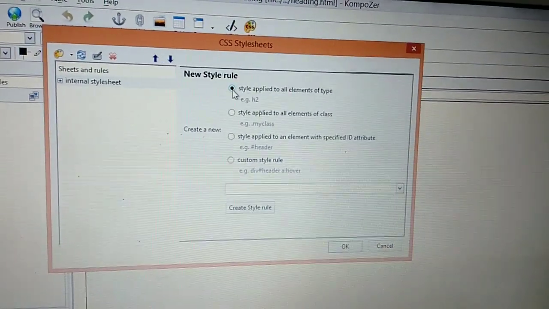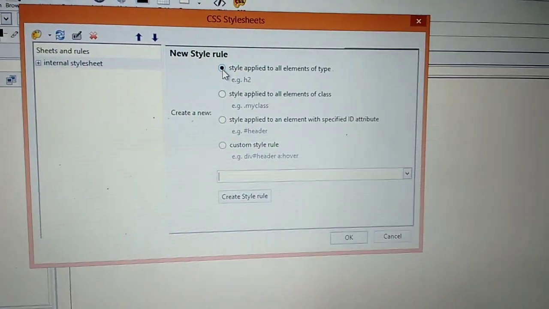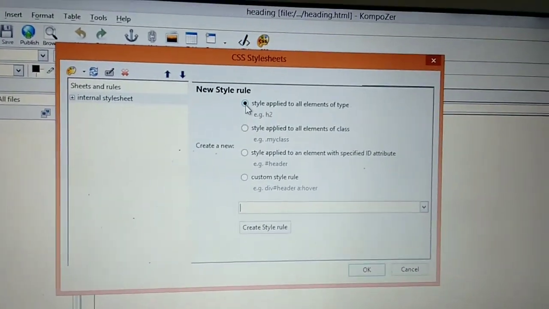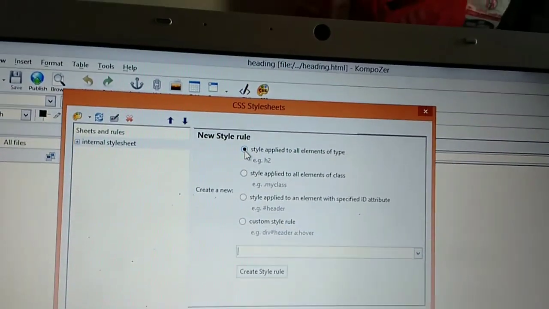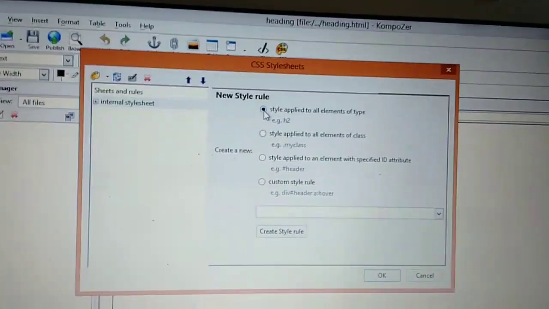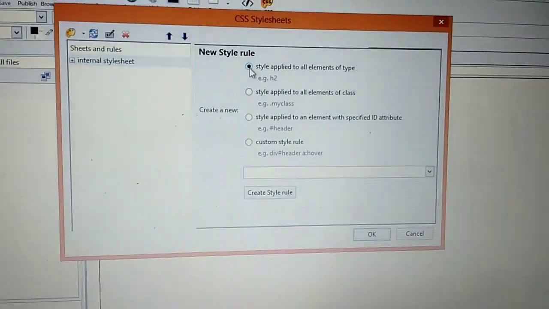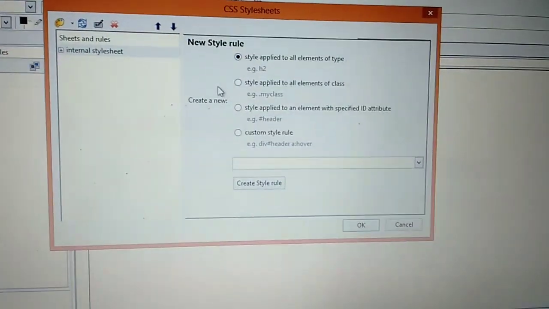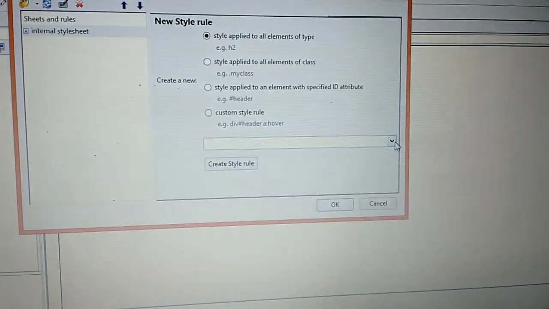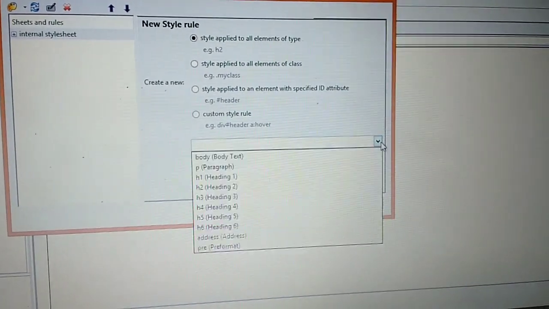Now we have to choose the first radio button, that is, style applied to all elements of the type. It means we are creating a CSS style, and this CSS style is applied to all elements of the type, for example, H2. So first you have to select your first radio button. Now can you see create a new? Inside create a new, can you see a drop down menu? Click your drop down menu.